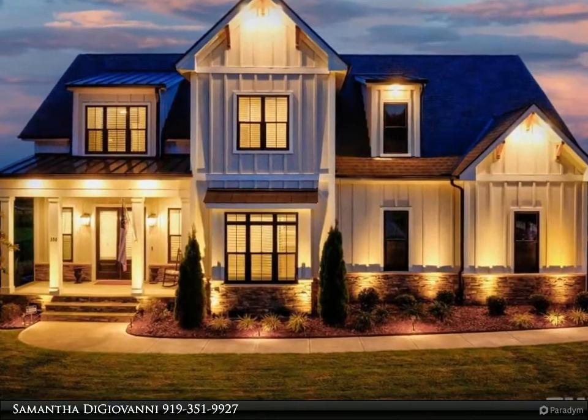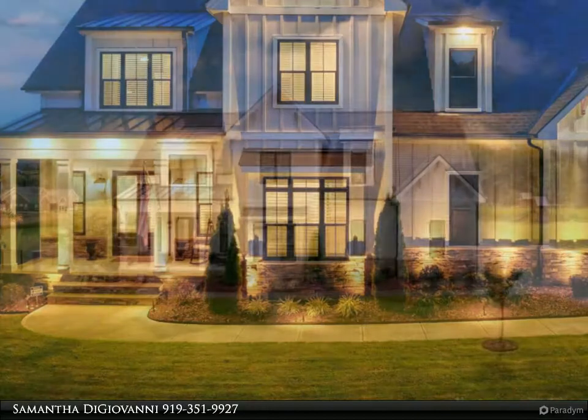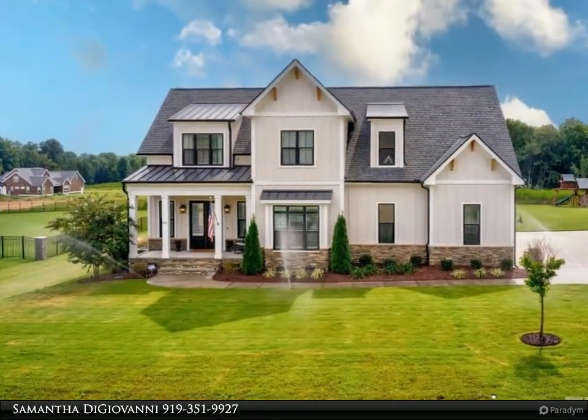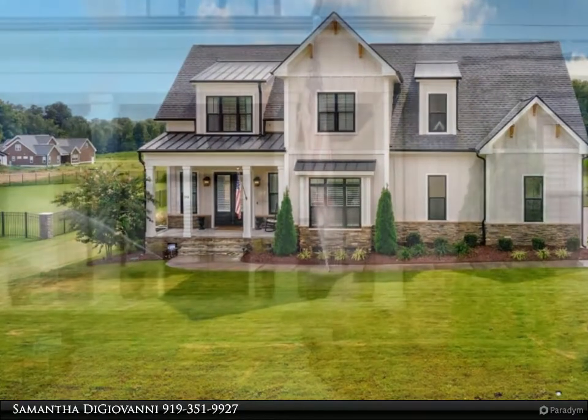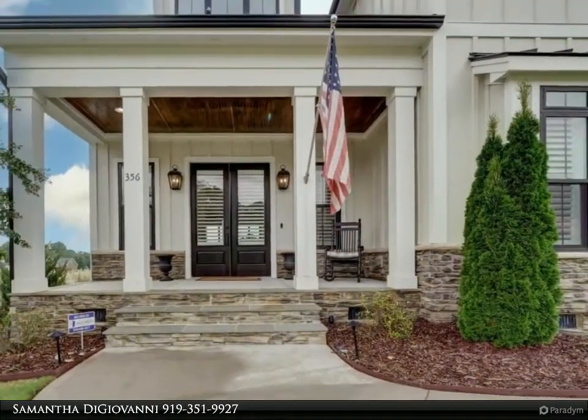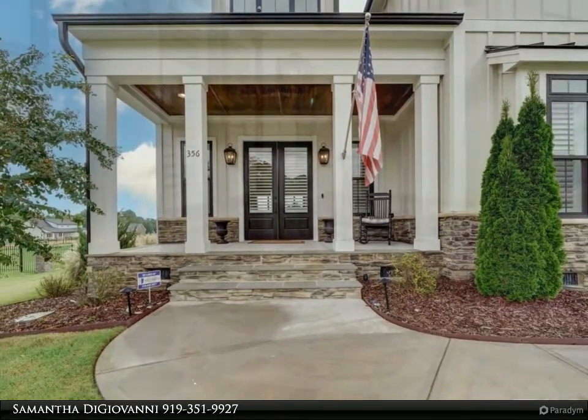Immaculate farmhouse beauty in Clayton's premier equestrian Portofino community. You are welcomed from the rocking chair front porch into a warm, inviting, well-thought-out home with an amazing open floor plan. The light and bright family room features gleaming hardwoods, gas fireplace, and large double glass doors that open to